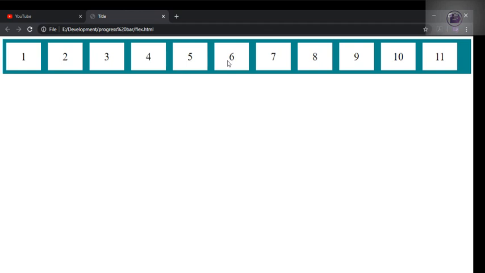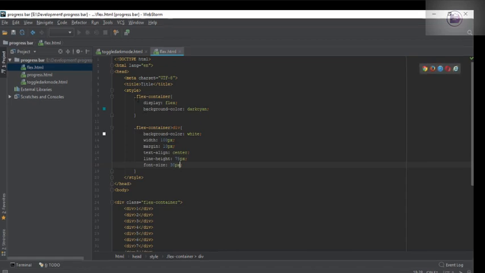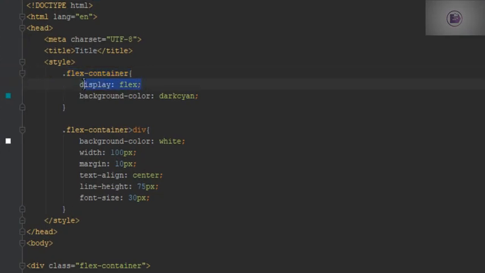The one we are using is this flex container, right? We're using display as flex. So this is the parent element. The flex container becomes flexible by setting the display property to flex. If we don't use display flex, it will not be flexible. And this flex container has multiple properties, so we will go through each and every property